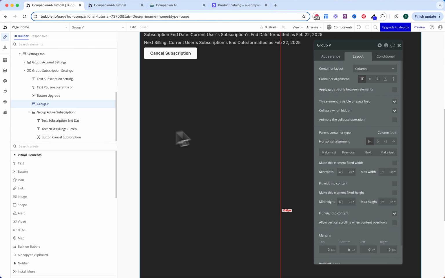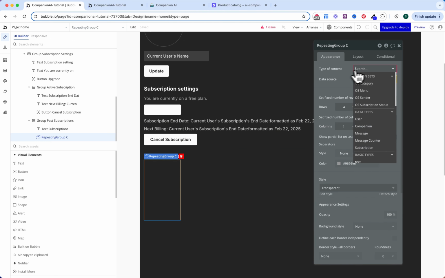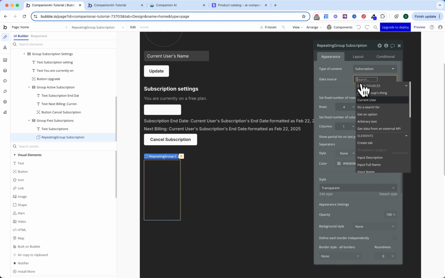Now I'll go up and copy the subscription settings text, and I'll add a margin of 16 to this text, and I'll change the text to say just subscriptions. Below this text, I'll want to add a repeating group. I'll change the repeating group type of content to be subscription, and for the data source, I will do a search for